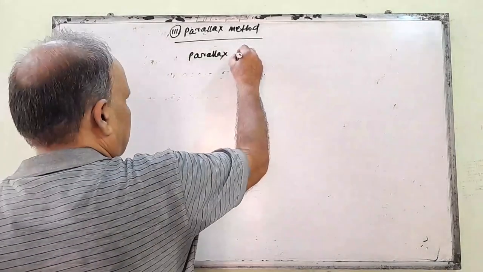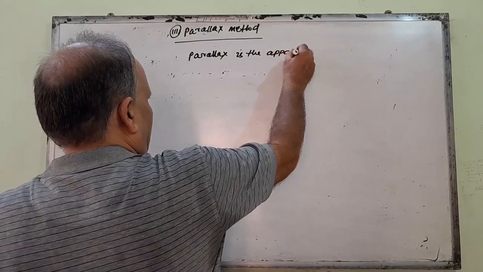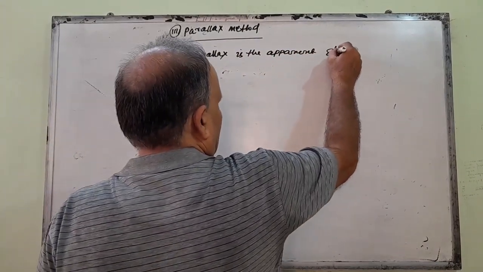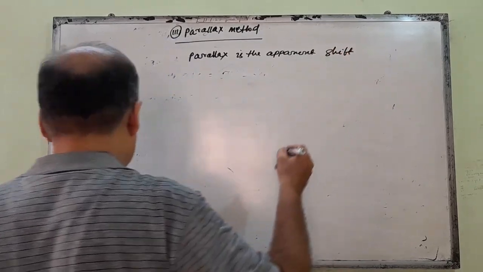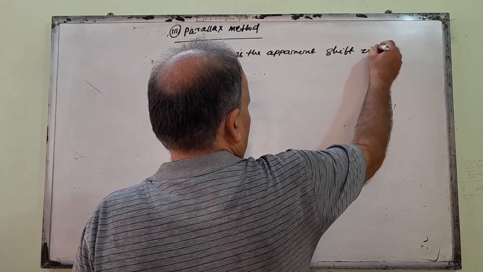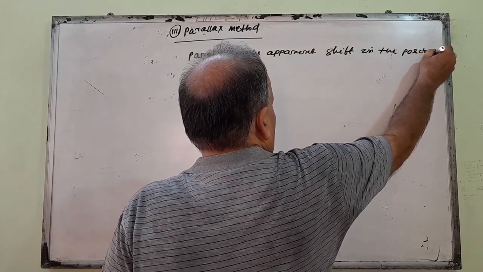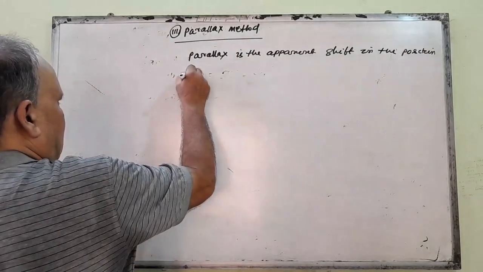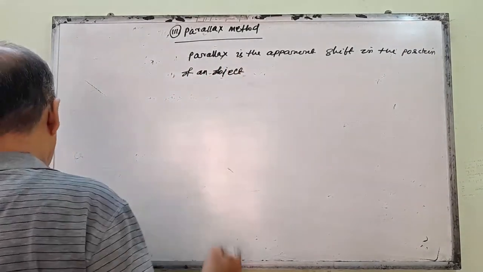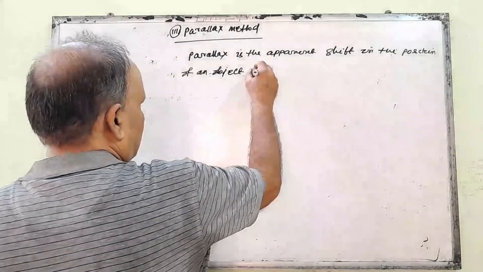Parallax is the apparent shift in the position of an object with respect to another